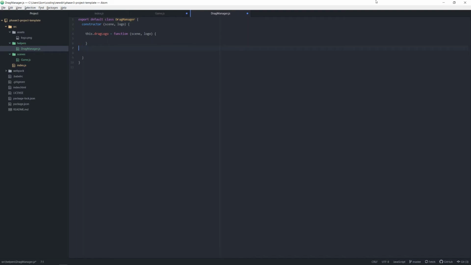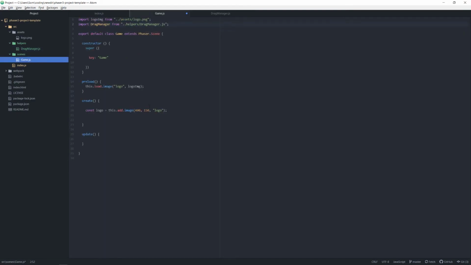And I'm going to move all this code inside this function. And then I'm going to say in here, in the game, in the create function, instead of what we were doing, which was just calling those functions here, I'm going to say